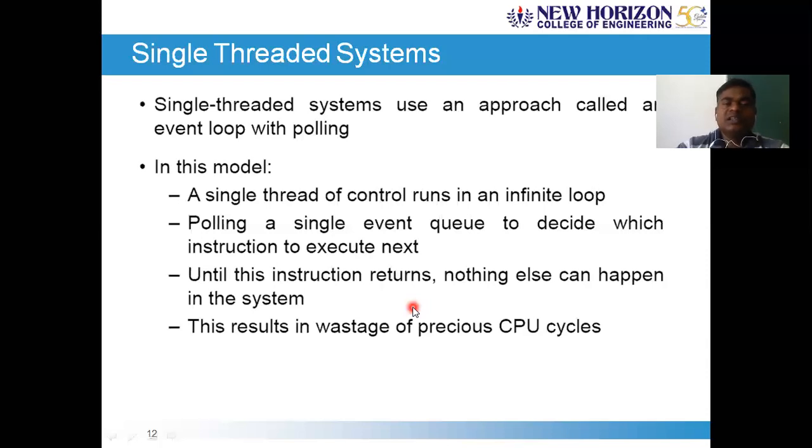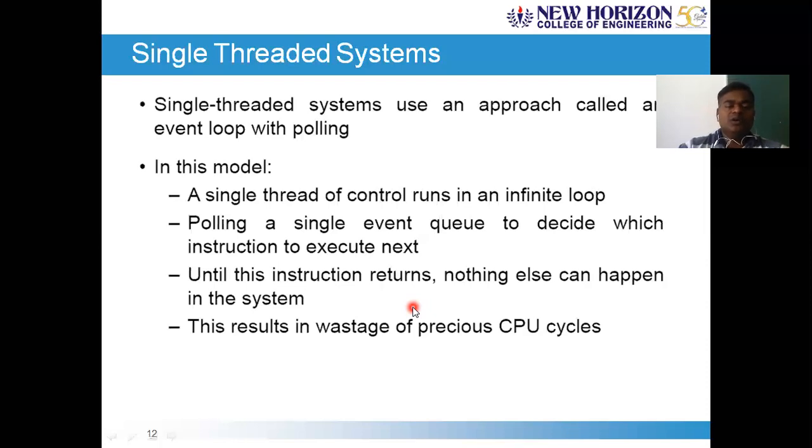The major drawback of a single-threaded system is that our CPU capacity is higher. It can perform things faster, but you are not supplying sufficient work. You are not giving the central processing unit sufficient work to complete its task. If the number of tasks is larger, then CPU utilization can be improved. So in a single-threaded system, the major drawback is that the CPU is underutilized. Utilization will be very low compared to other systems.